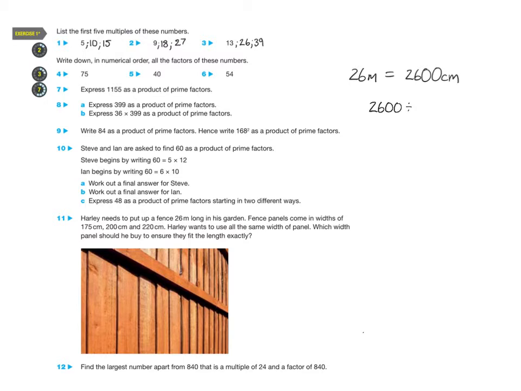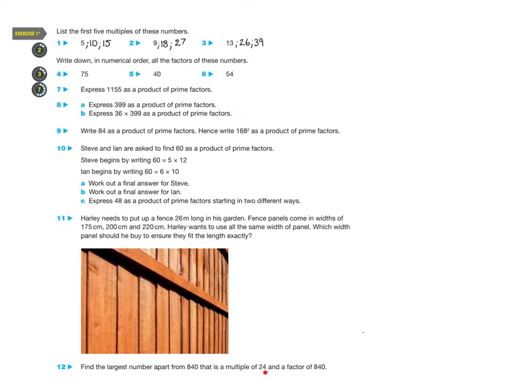2,600 divided by 200 will give me 13 panels. And there's a lesson here. Sometimes you don't need to do lots of maths to figure out what the answer is. Look at the numbers and the question and the context of the question, and sometimes the answer just jumps out at you. Okay, let's erase that, because the last question is find the largest number apart from